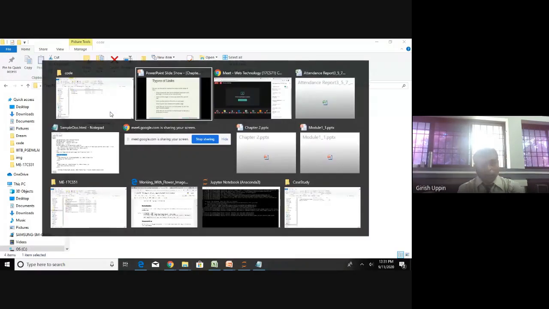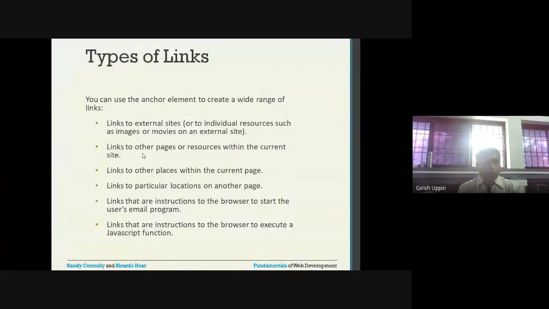When you are creating the link, you can create a link on the same current page. Suppose in the same page you want to go down to the bottom, to the top, or to a particular review section, you can do that. Or you can go to a different page and a particular section in the different page. Link to a particular location in another page.